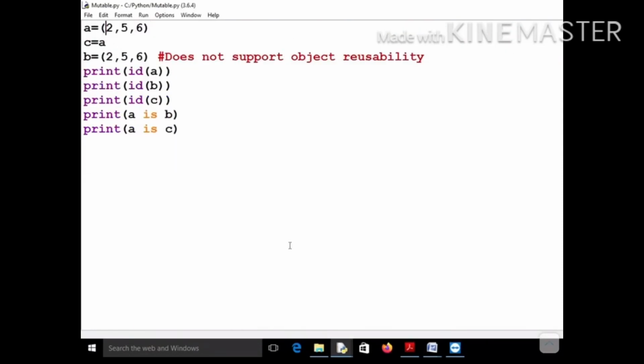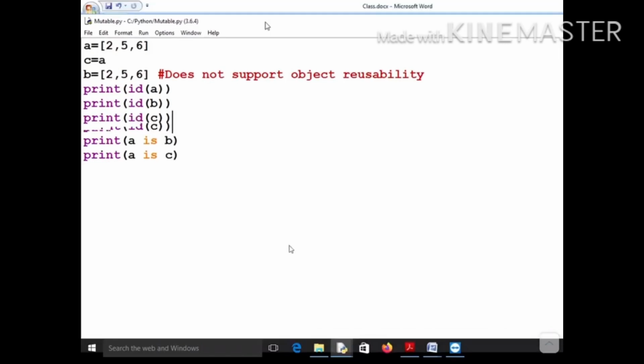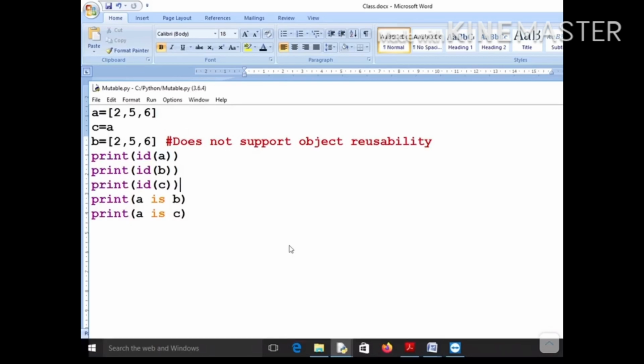Okay, now what if you take a list, that is, a mutable type of object, then what happens? So let me take it like this. Again, all the mutable data type objects do not support object reusability.